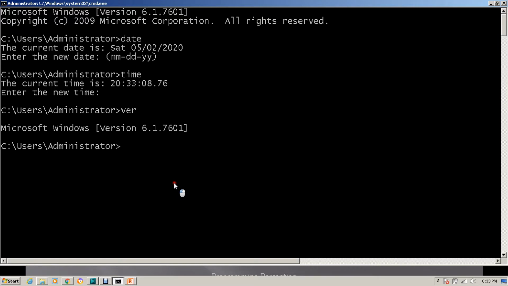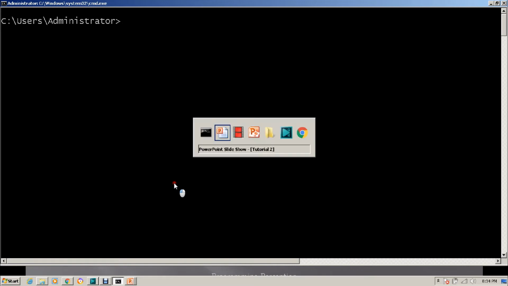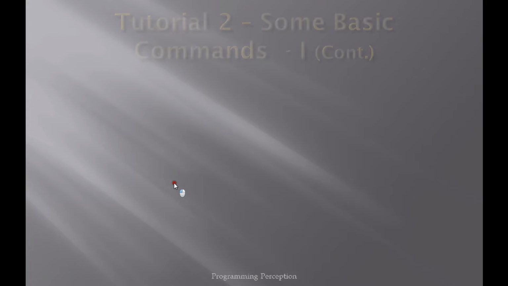One more command that I am telling you now is to clear the screen. Suppose this screen displayed in front of you has plenty of commands on it and you want to clear it. The command is very simple, CLS. I suggest you stick to the video till the end because I am going to tell you a few shortcuts while working on command prompt. So go through the video till the end, I will tell you those shortcuts in this video itself. Okay, these are a few commands and the way we enter commands in command prompt. Now let's see the commands of different categories in this video.